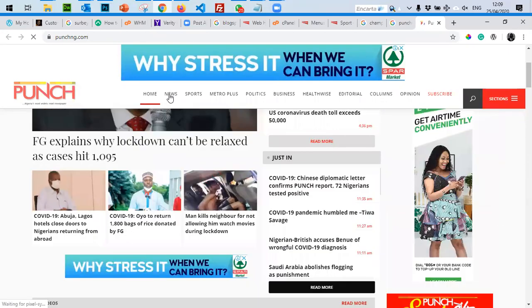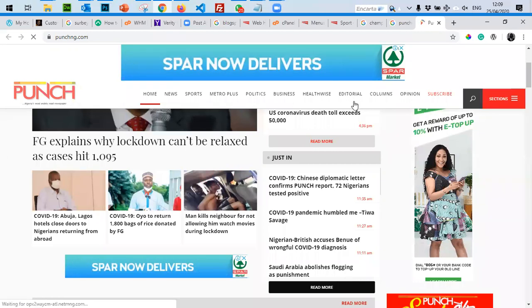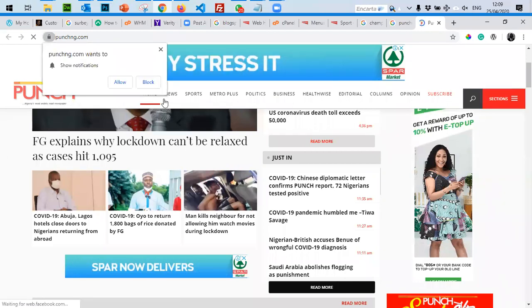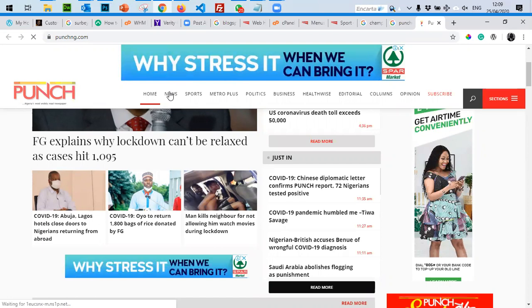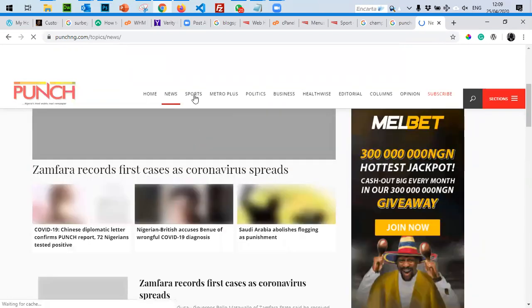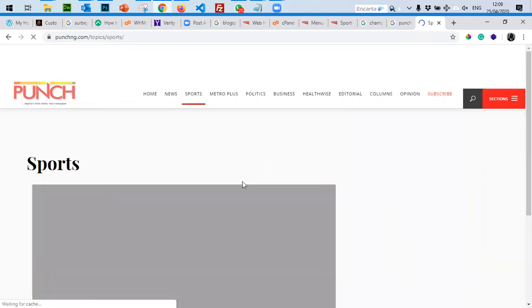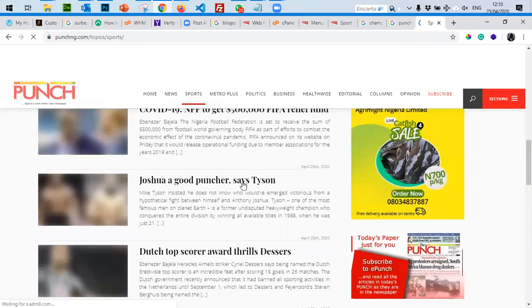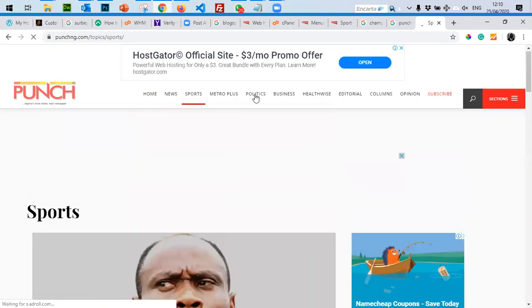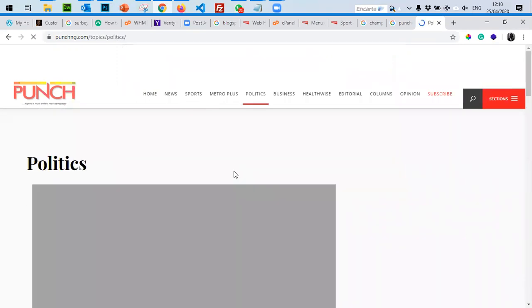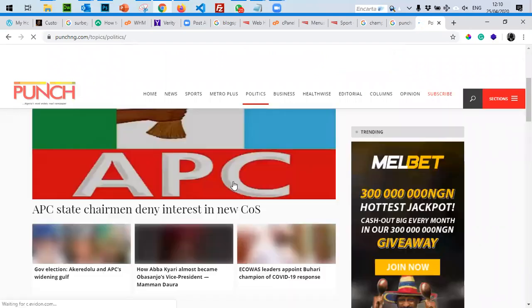So whereas the menu are the categories that I just created, if I click on news, everything I see will just be news, right? If I click on sports, it means everything I'll be seeing will just be sport related. If I click on politics, it means everything that I'm seeing is just about politics.